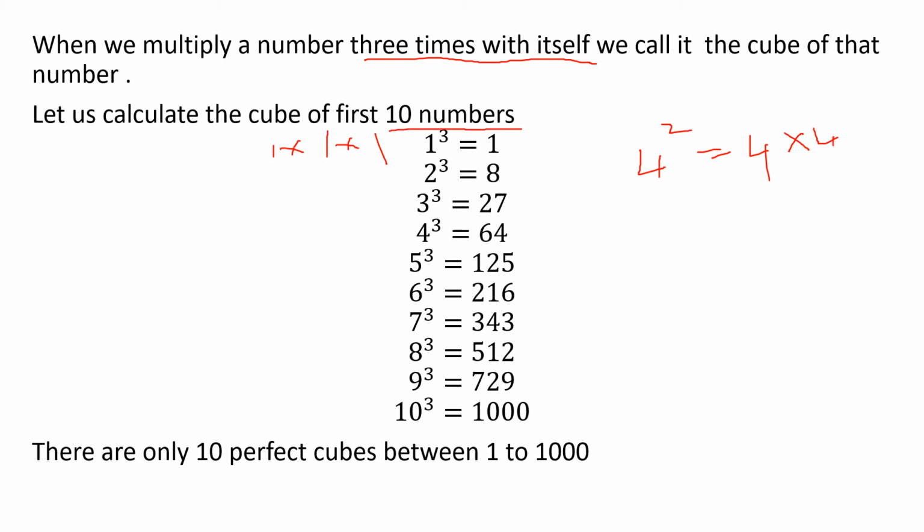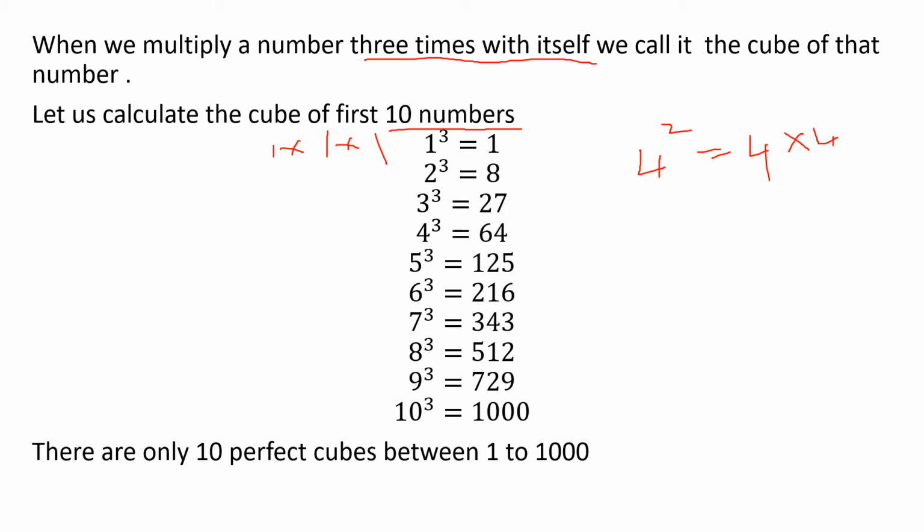Okay, we are just writing the cube of the first 10 numbers. You can learn these answers by heart, because when you do a problem, for example 6 cube, you don't want to multiply 6 into 6, 6 sixes are 36, then 36 into 6, like that. You don't want to multiply; just for 1 to 10, keep these cubes in mind. It is easy when you do the calculation.